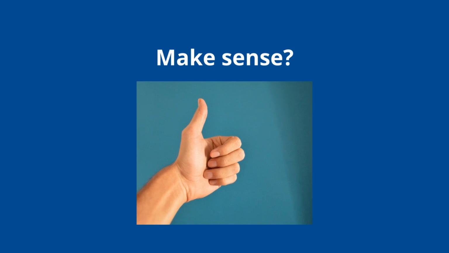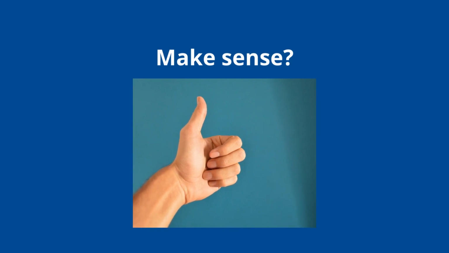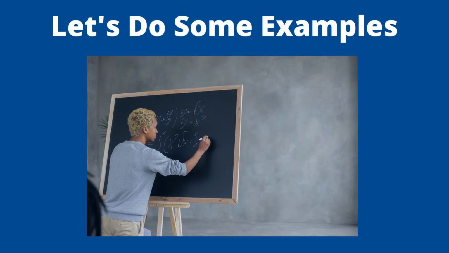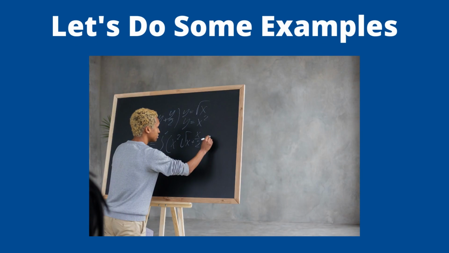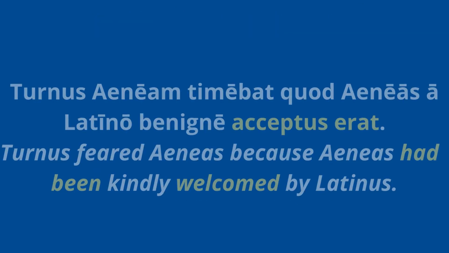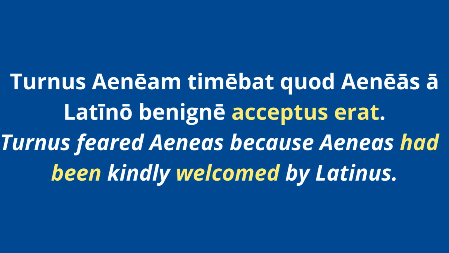Again, if you watch the video on perfect tense, it's the same idea. We're just using the imperfect form of esse. But the best way to do it is to see it with some examples, which is what we're going to do right now. Let's look at some Latin and unpack where this pluperfect passive is and what it looks like. So these examples, again, come from the Road to Latin textbook, which is the one I use in my classes. And this particular chapter was talking about Aeneas, the Aeneid, and that's why you have these references to Aeneas here.